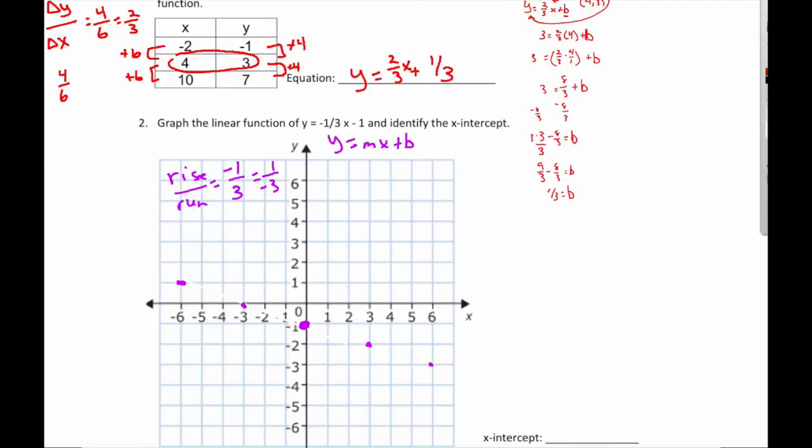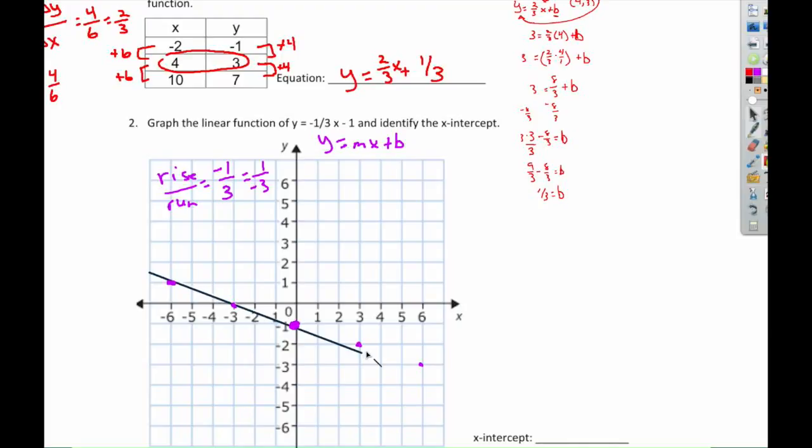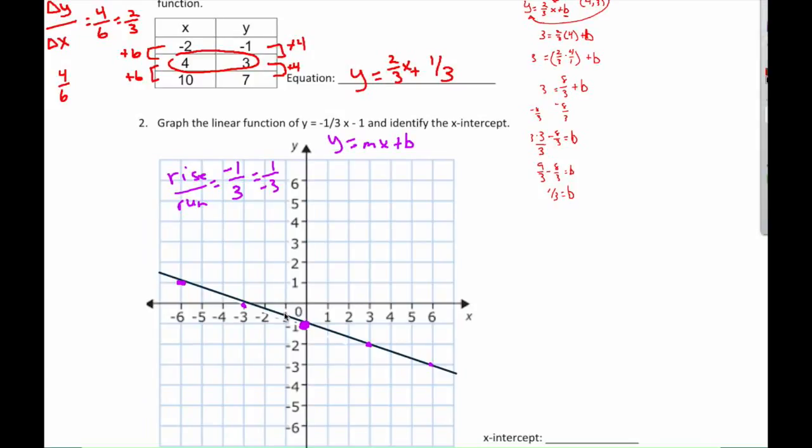And there is my linear function of y is equal to negative 1/3 x minus 1. And the x-intercept, well, the x-intercept